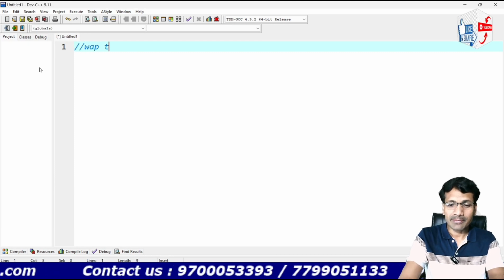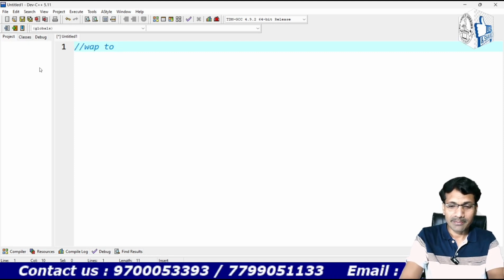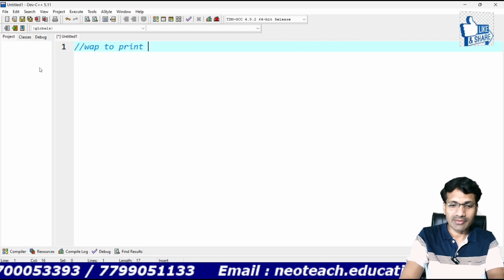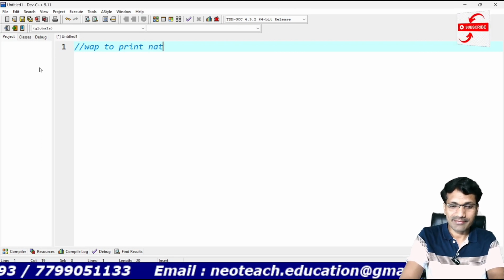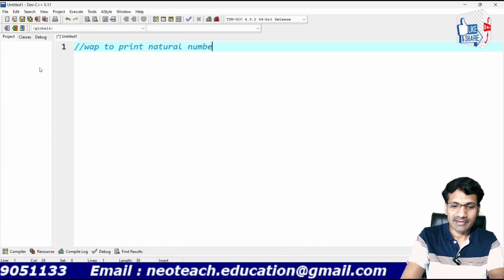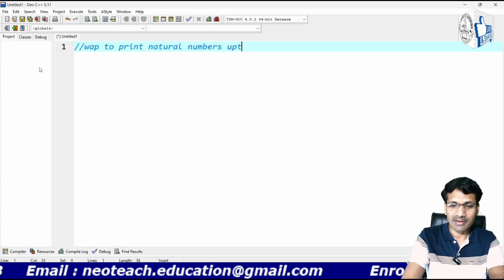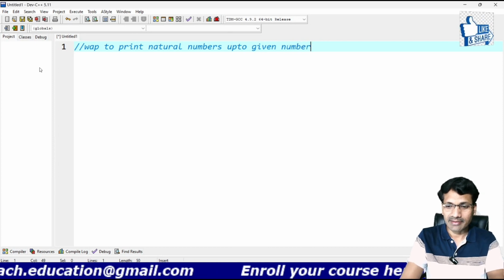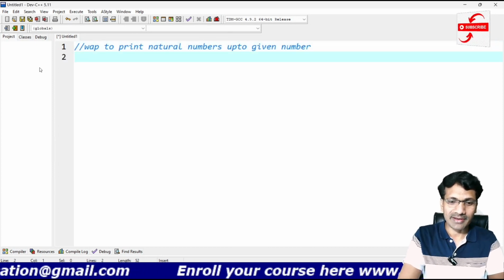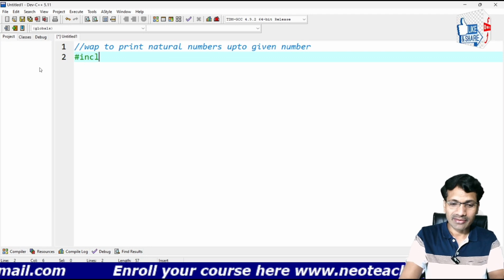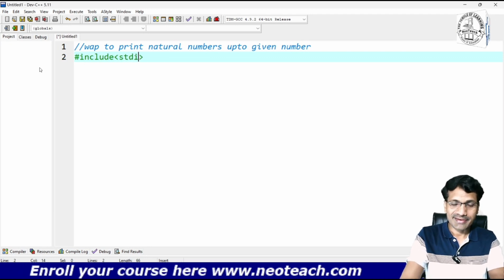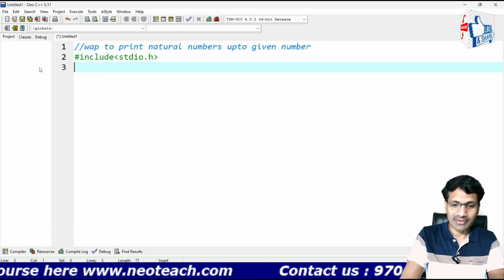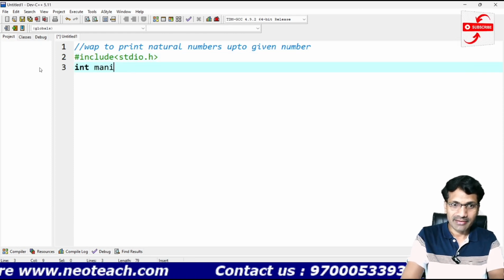Write a program to print natural numbers up to a given number. Okay, this is our documentation section. Now hash include stdio.h, now int main,